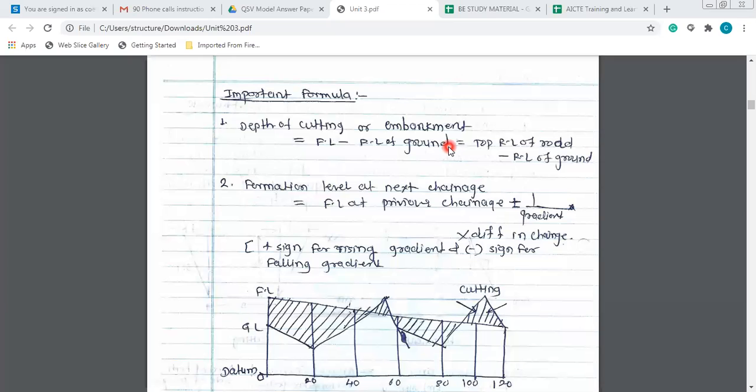So again, this branch looks very simple and very small, like surveying work, but it will provide you bread and butter like no other. If you are an expert in using the total station, you can get training also from the industries. Or if you say, no sir, I'm thoroughly interested in the total station and in software also, I can give you one reference. I can't say a reference exactly, but there is one institute called CIPET in Aurangabad.